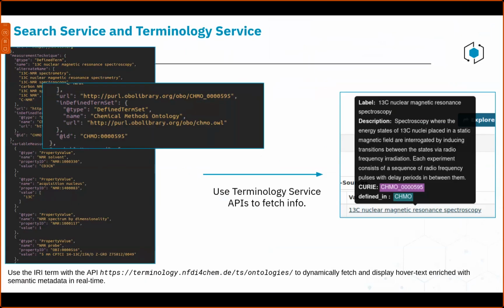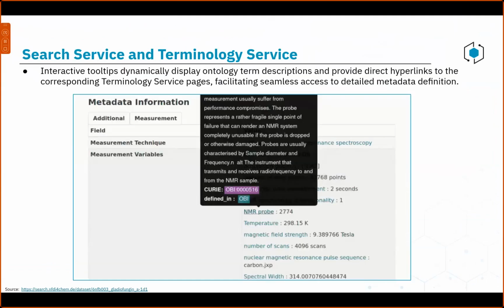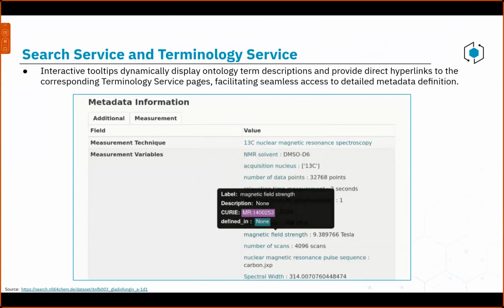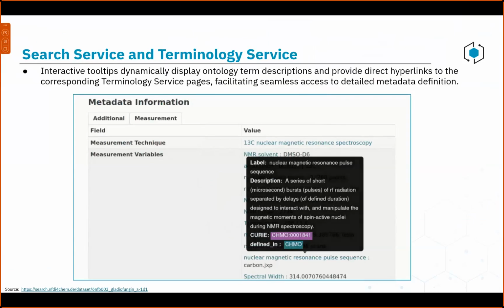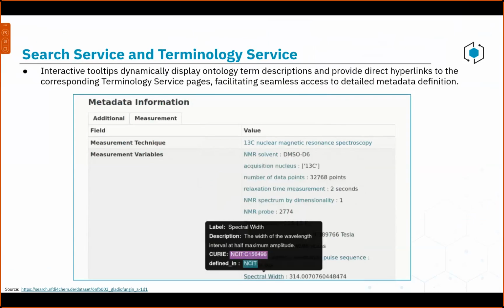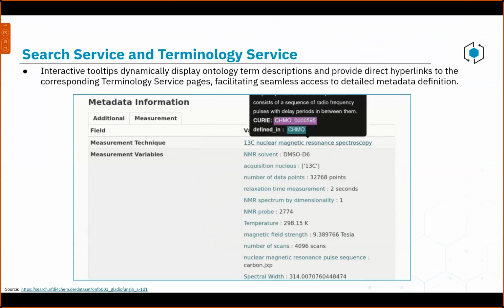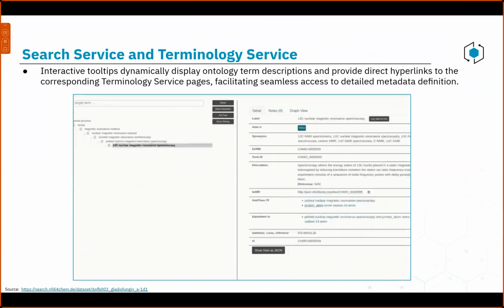The color coding is similar to how we have it within NFDI4Chem. So when you go to the dataset page, there will be a tooltip kind of hover text giving you information. So the user can just point and get the information regarding the ontology, and of course, he can directly click on the hover text, and this will lead to the